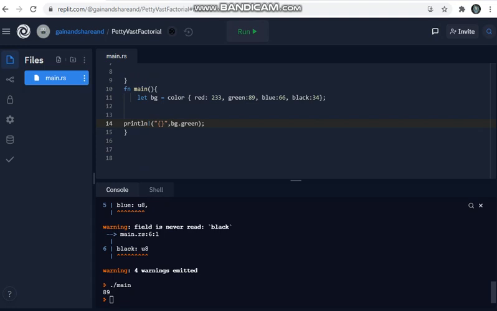What exactly happened is that previously we had taken large values, like 233 and 5, 4, 5, 6 in that way. I had taken large values, and that's the reason I didn't get the proper output.